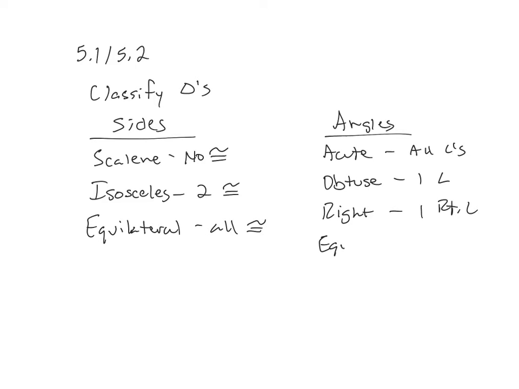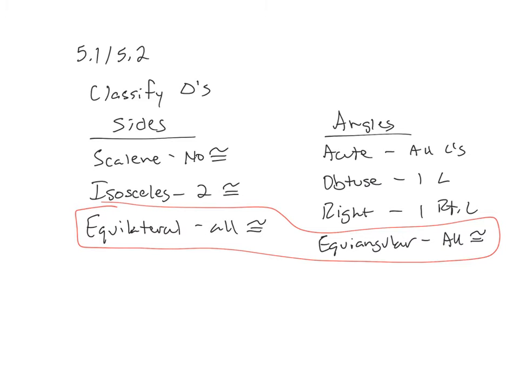And then equiangular, they're all congruent. So you're going to use, again, one word for sides, one word for angles. These two go together. So if you use the word equilateral, you have to use equiangular and vice versa. The other ones, you can't use them, like you can't say scalene and equiangular. You can't say acute and equilateral. Okay, so if you use one of those, you have to use the other, and they don't mix with any